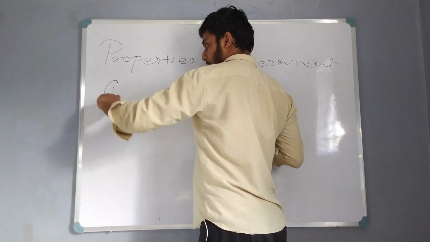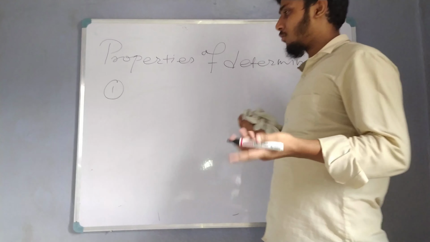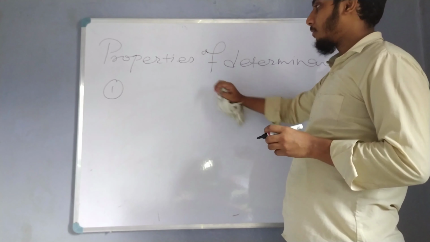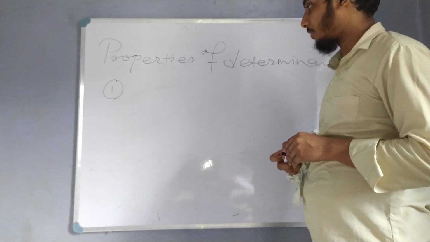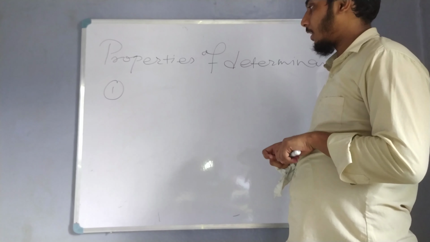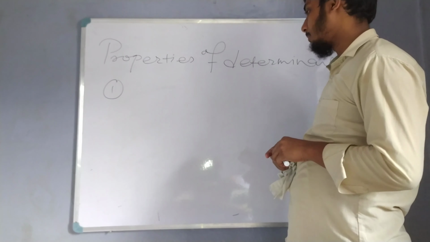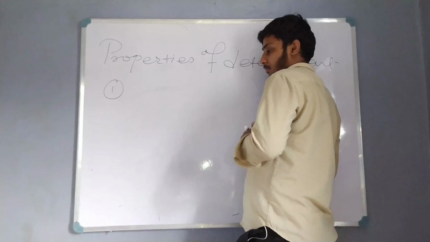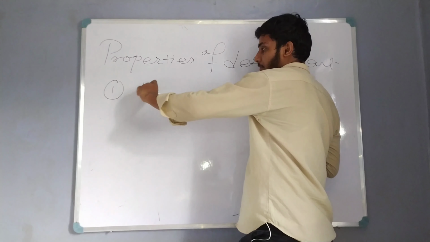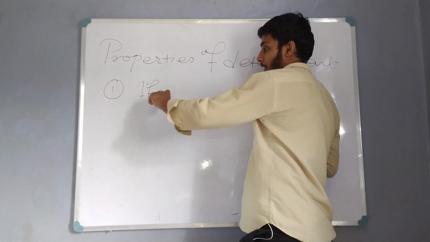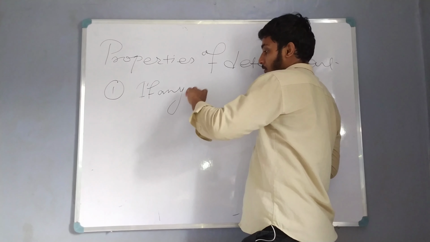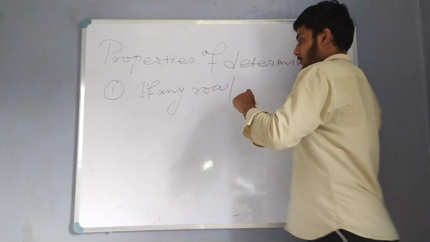So the first property is, you can write this, or you will get these properties in any standard book of class 12. I don't have any book now. So, properties of determinants. First property: if any row or column